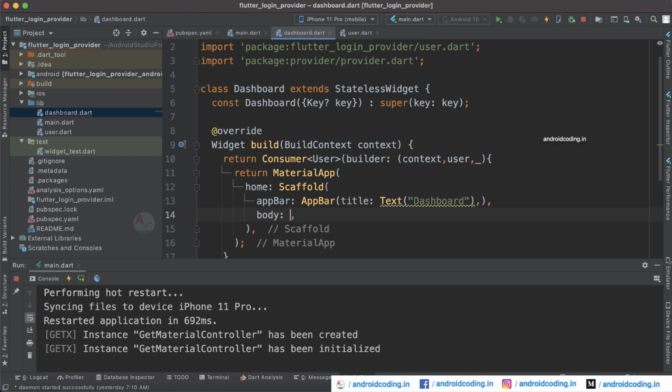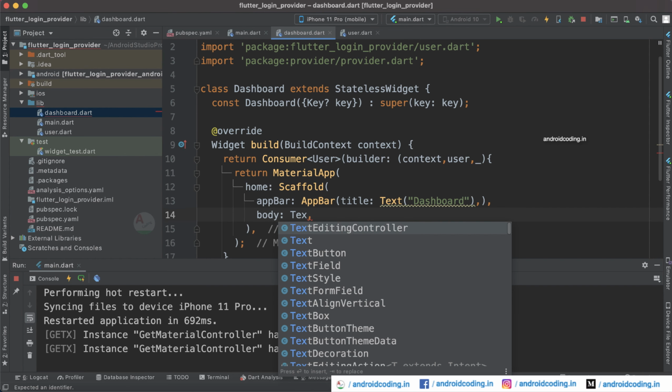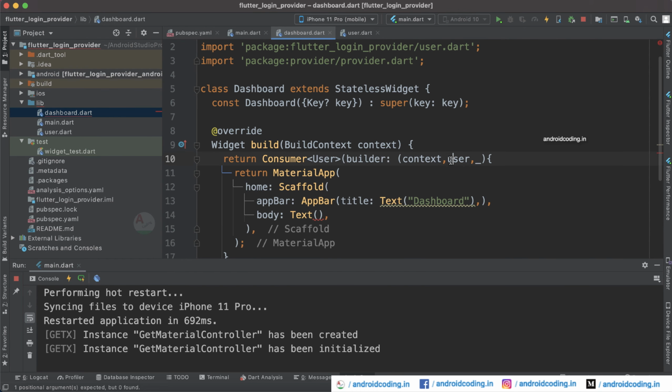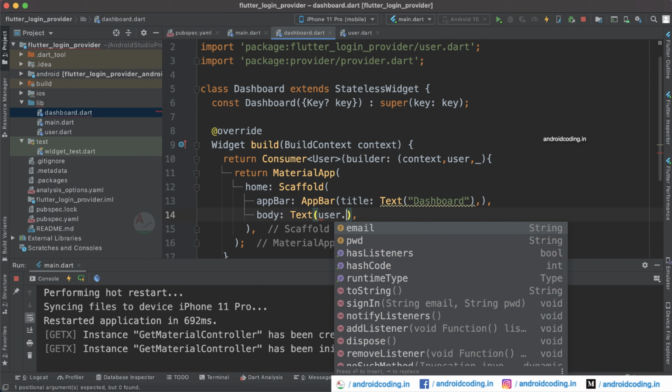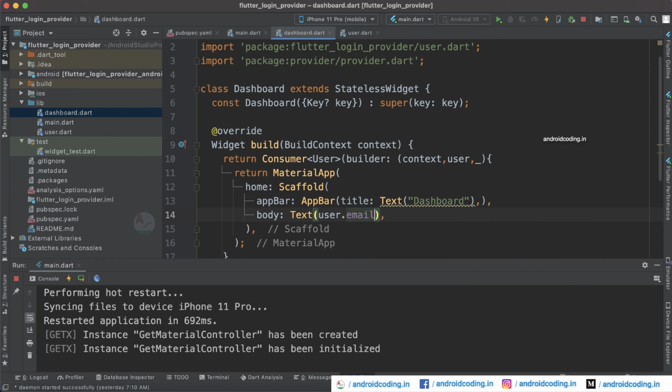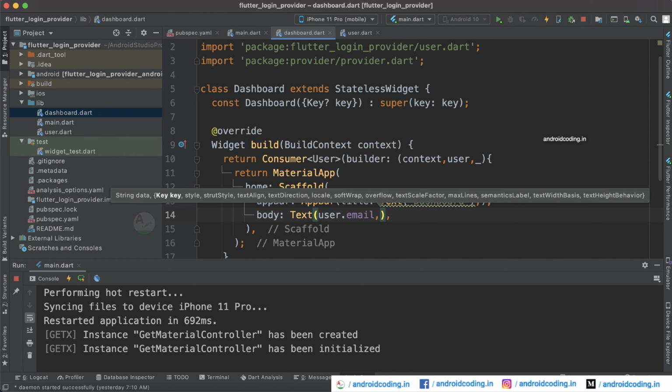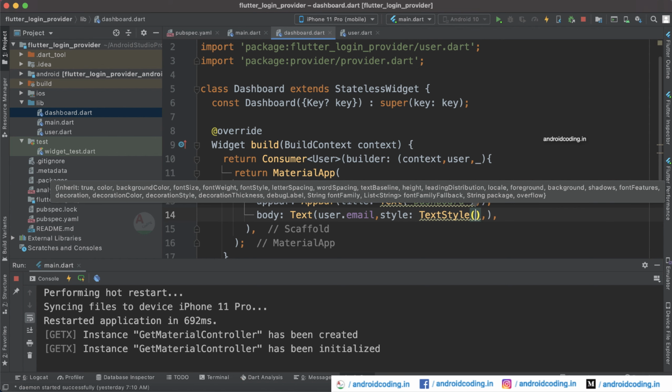Inside the body, this time I'm going to consider a Text widget directly. We'll make use of this particular user here and fetch the information, user dot email. You can also add some styling here, that is TextStyle, inside which specify the color.